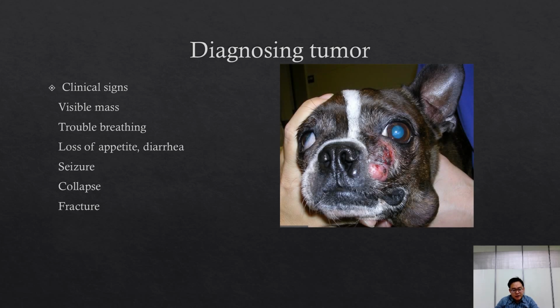Now we'll talk a little bit about diagnosing tumors, including some information about tissue processing, from the initial problem to how we can get a diagnosis. So you can see this picture again. So really the whole process starts with an owner recognizing that in general something is wrong, and the clinical signs